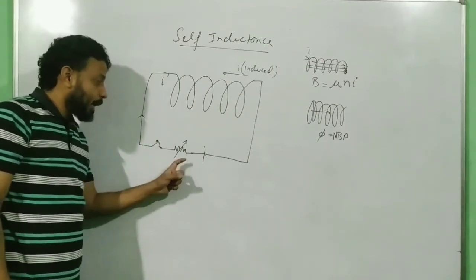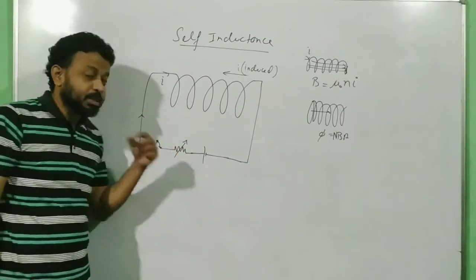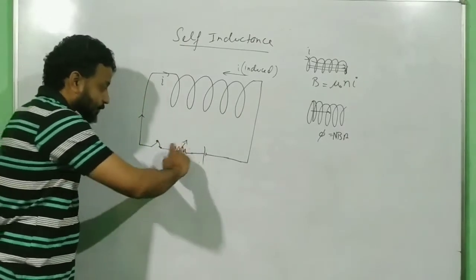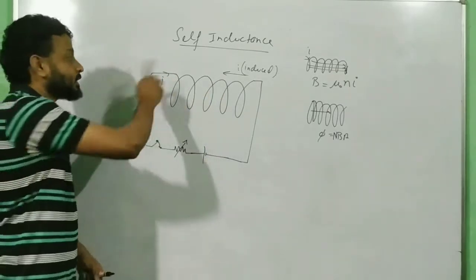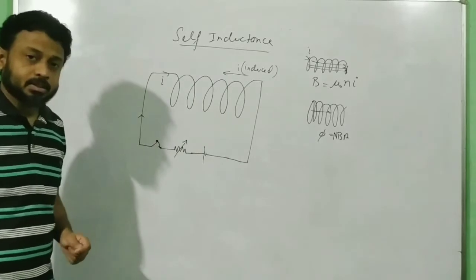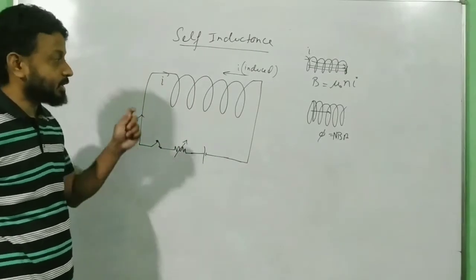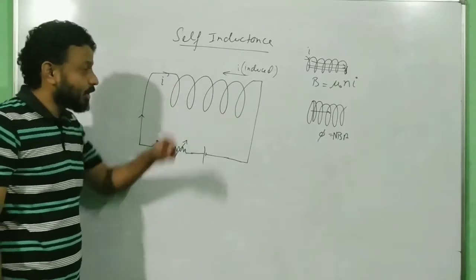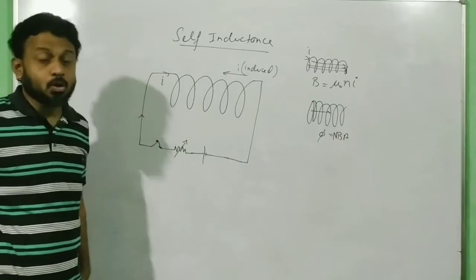This will also happen if you change the rheostat now. What is the function of the rheostat? To change the resistance. So if you change the resistance over here, you are changing the current. If you are changing the current, you are changing the magnetic field. And if you are changing the magnetic field, you are changing the flux. And that will again cause an induced EMF, and that will also try to oppose the cause.